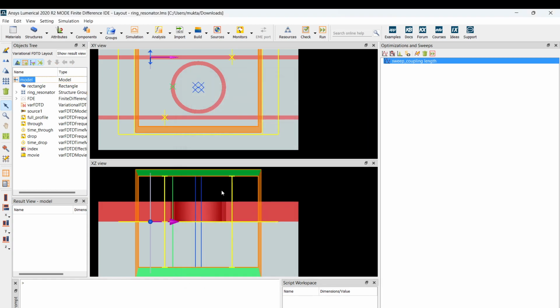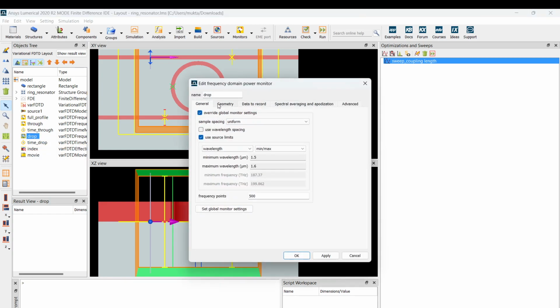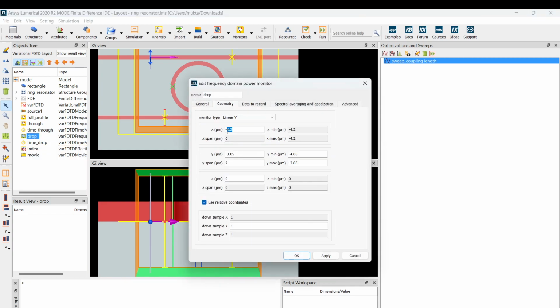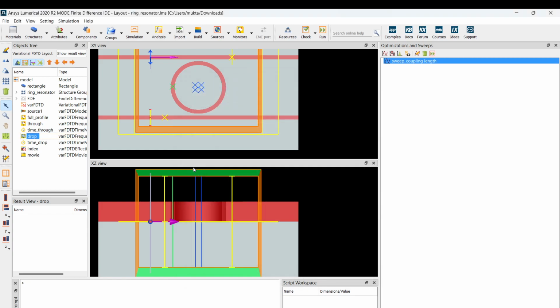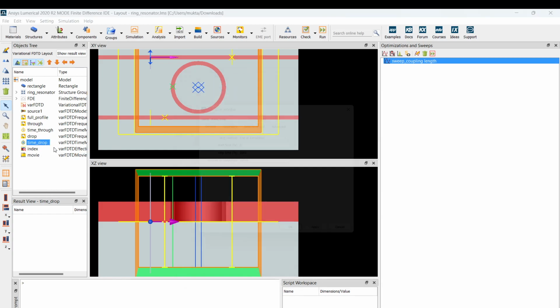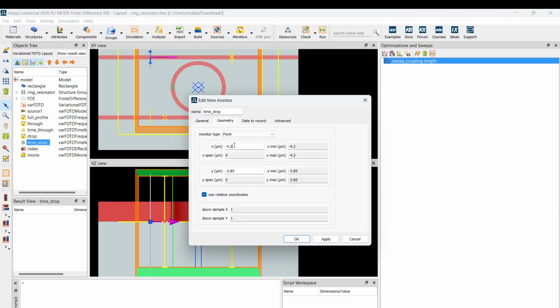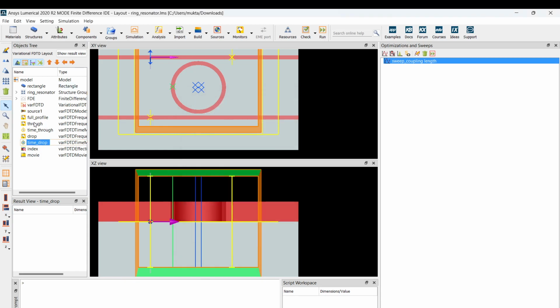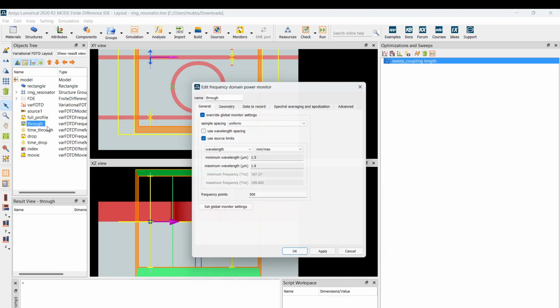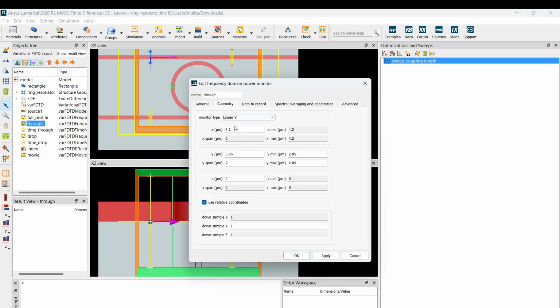We accidentally changed the y. The throughput will be plus 6.